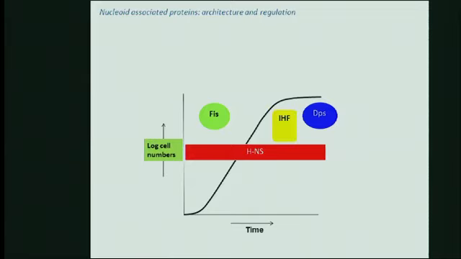The integration host factor, which Craig has just mentioned, is present throughout growth, but its concentration peaks again at another transition. This was the transition from exponential growth into stationary phase. And at that stage, you also see the appearance in maximal numbers of the LRP, or leucine responsive regulatory protein. So there are up to 12 nucleoid-associated proteins in bacteria like Salmonella and E. coli. And I'm not going to go through all of them, but I will finally mention the HU protein, because